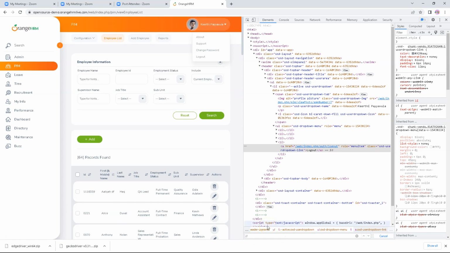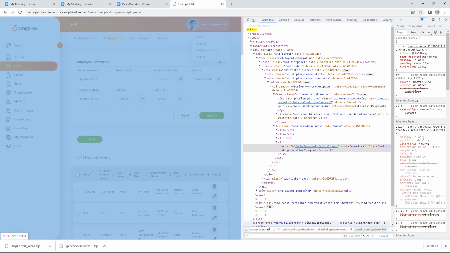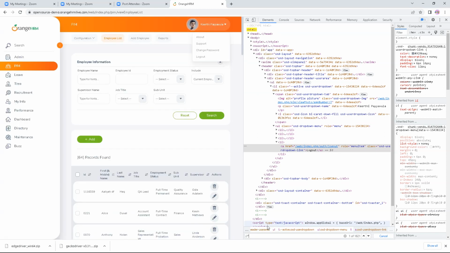Expert starts with double slash, then star, okay, then square braces, then the name of the tag name. Tag name is A here, then square braces, then at the rate,